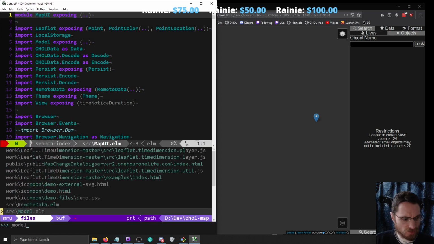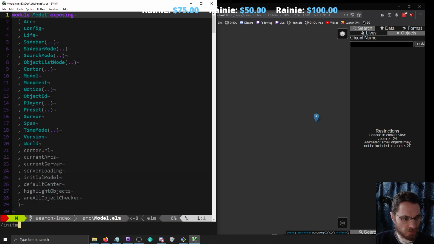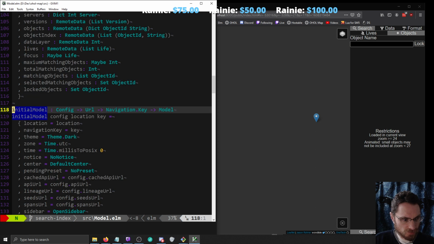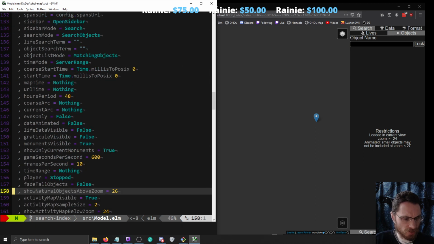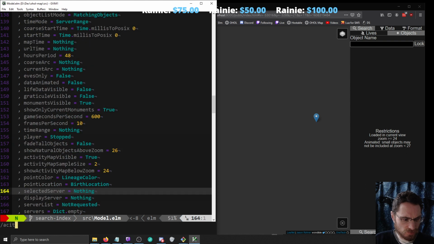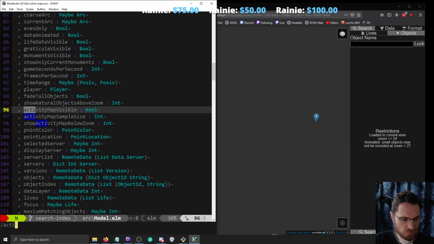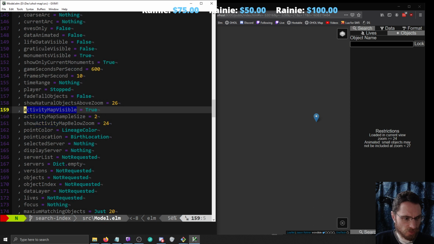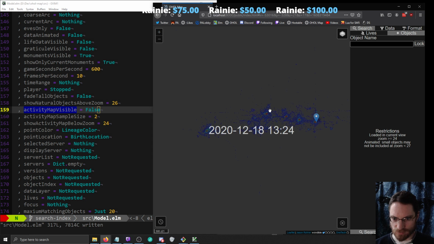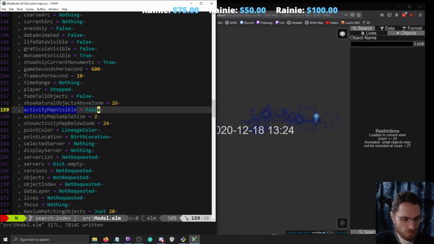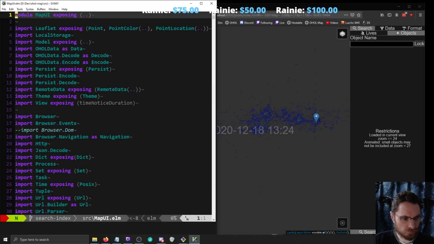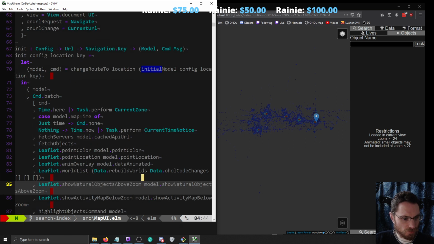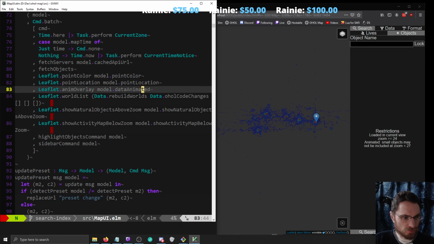So it's actually interesting. Model, initial model. Do we track that here? I know I can interact with it here. Activity map visible. But do we send that on load up? No. Okay, into the initial model, we do